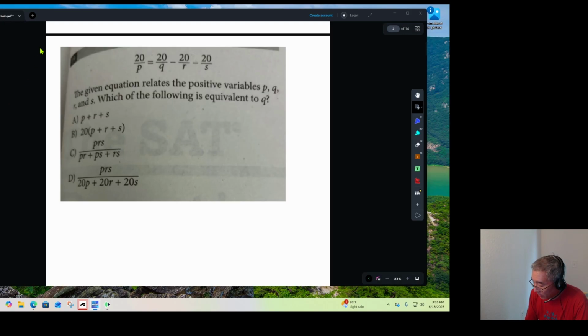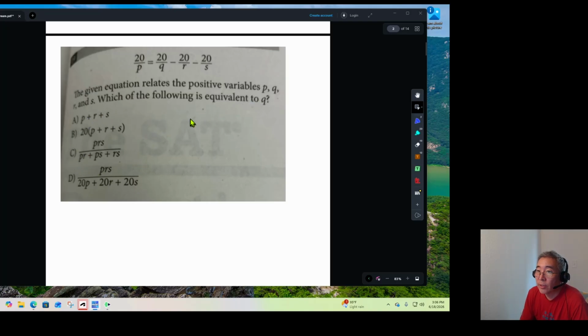This problem is unique in the new SAT. The new SAT started in like March or so, and they've eliminated a lot of the problems that could be easily done with Desmos, but this one can be done with Desmos also, but I'm going to do it first by hand. And so basically they give us this messy algebraic equation with a bunch of variables, four different variables, and